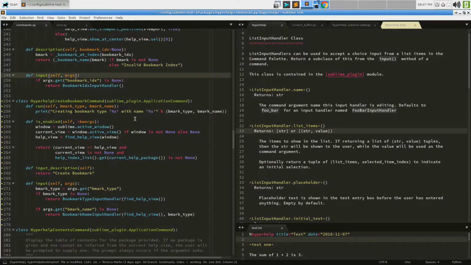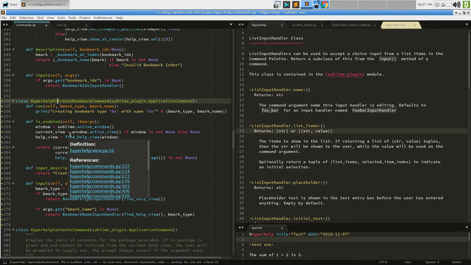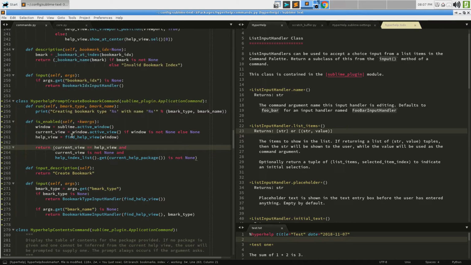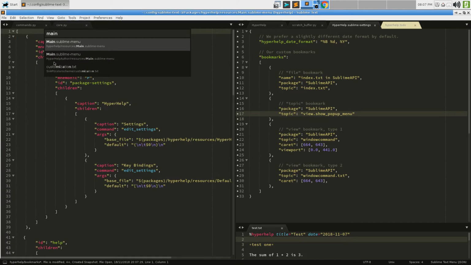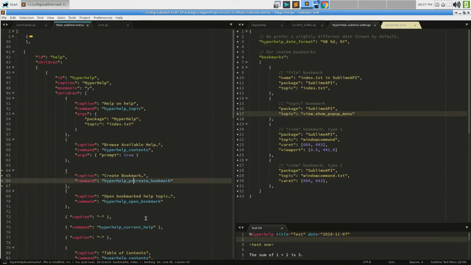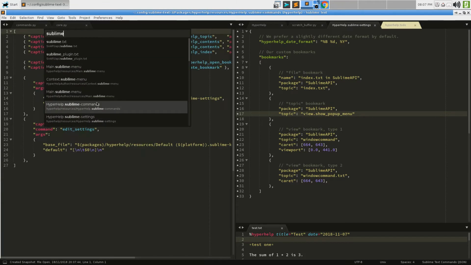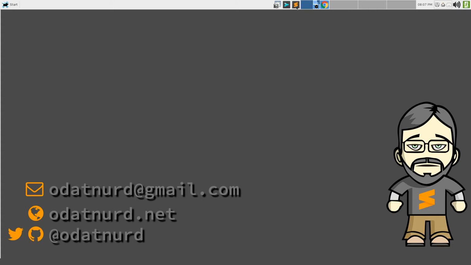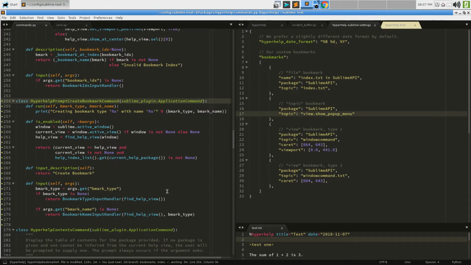So let's go ahead and fix that first, because this should be called hyperhelp prompt create bookmark command, because this particular command is not going to work until I fix the other files, so we may want to go ahead and do that as well. Let's see, there was a main Sublime menu in HyperHelp that has some changes. It's not a preference, it's down here. It's actually HyperHelp prompt create bookmark there in the menu, and the Sublime commands in HyperHelp also has one where it should be prompt create bookmark. We'll close that, we'll quit Sublime and fire it right back up, and fire up our 2-hour timer